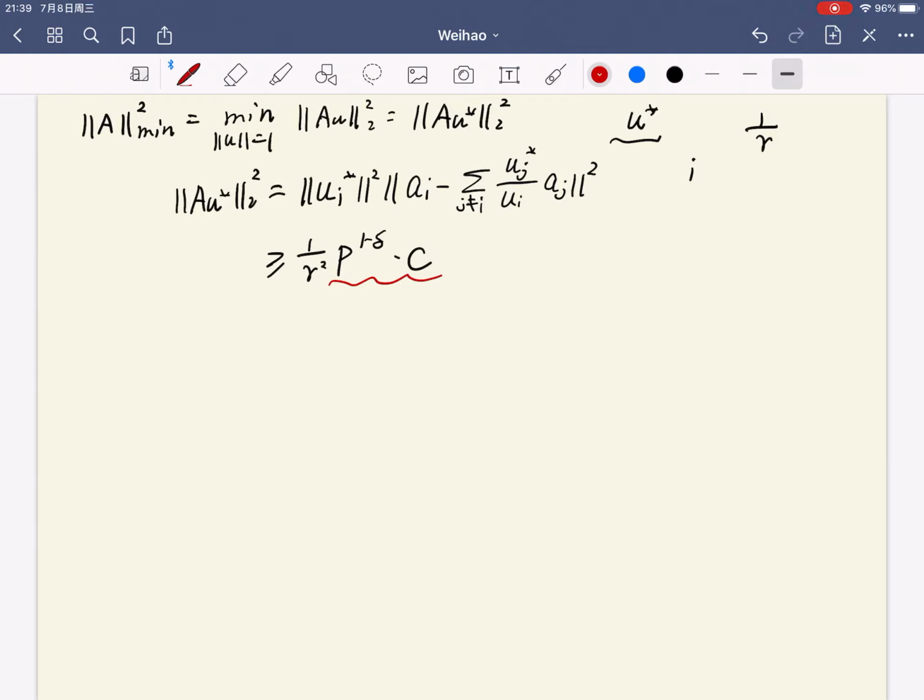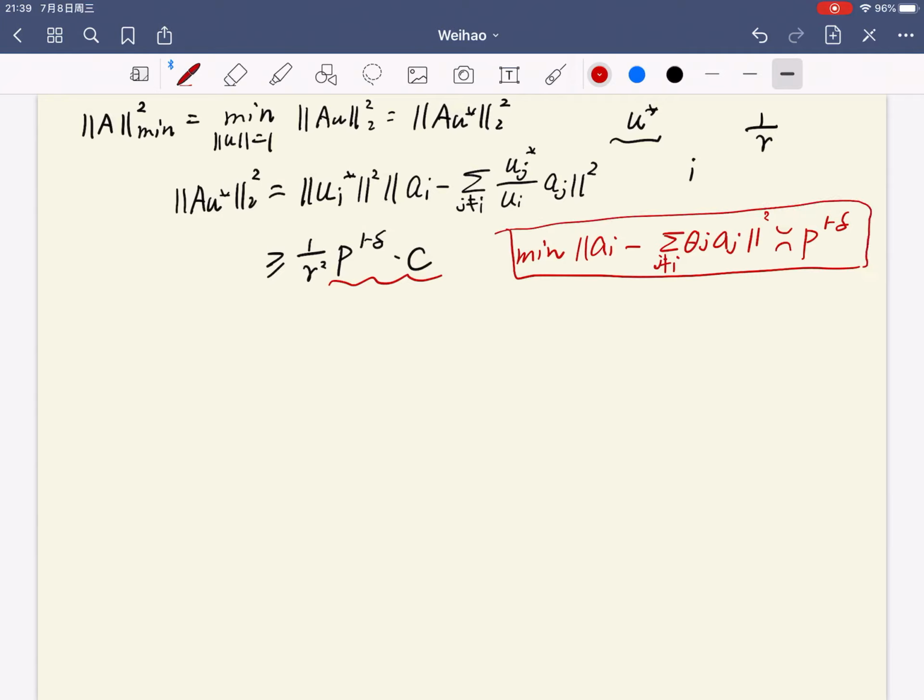Let's write down that assumption explicitly, which we have mentioned in the very earlier part. So since r is a fixed number,